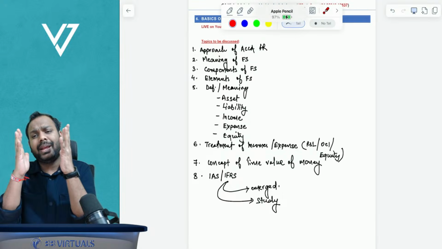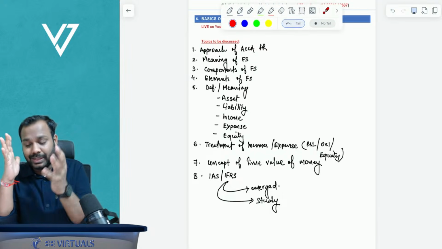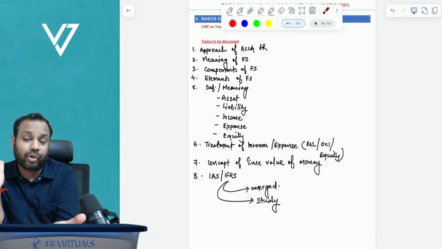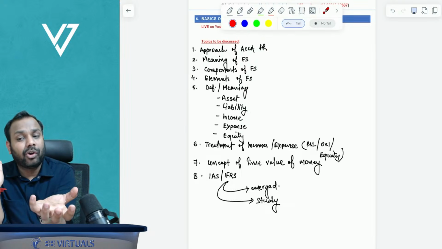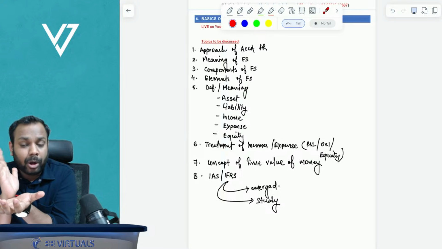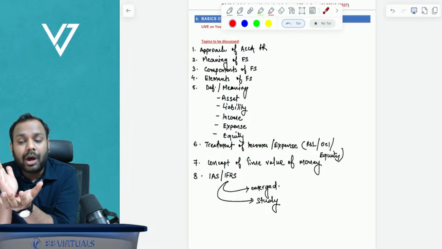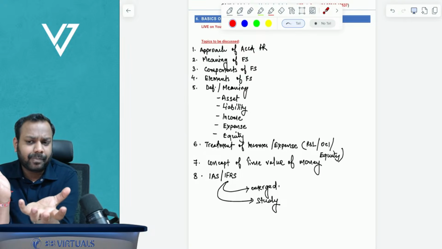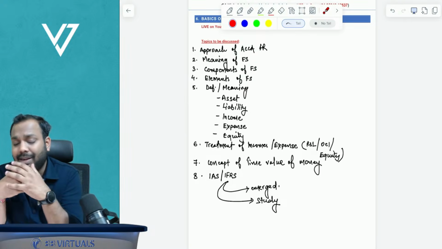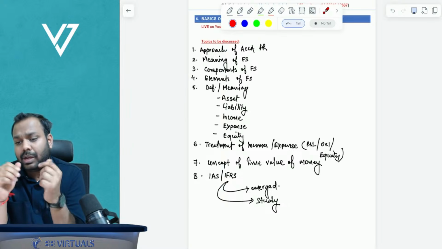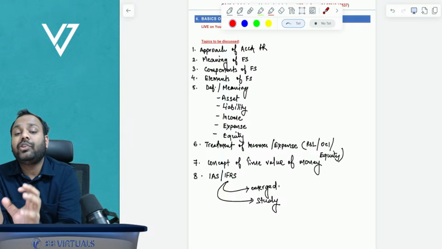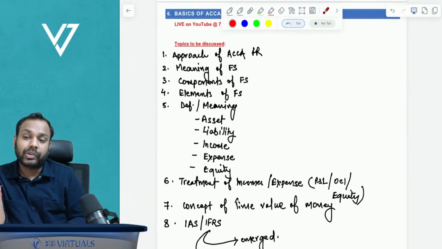Tell me guys one thing. Whenever a building is built, the foundation on which the building is built should be very strong. If the foundation is strong, the building can absorb the shocks of earthquakes also. But if the foundation is weak, it doesn't matter how lavish the building is, it will fall down. So your foundation should be very strong, and that's what we are focusing on